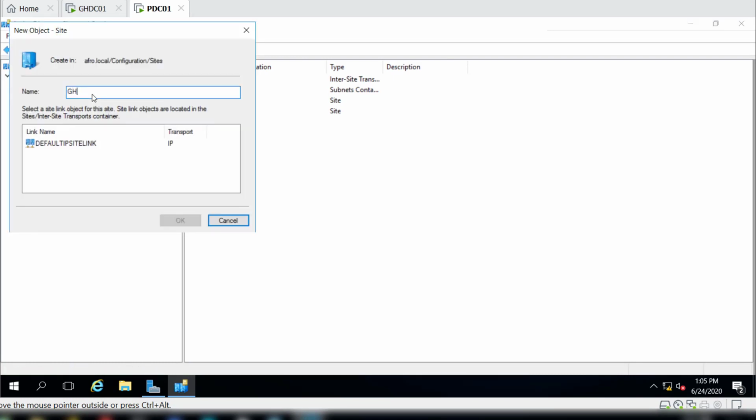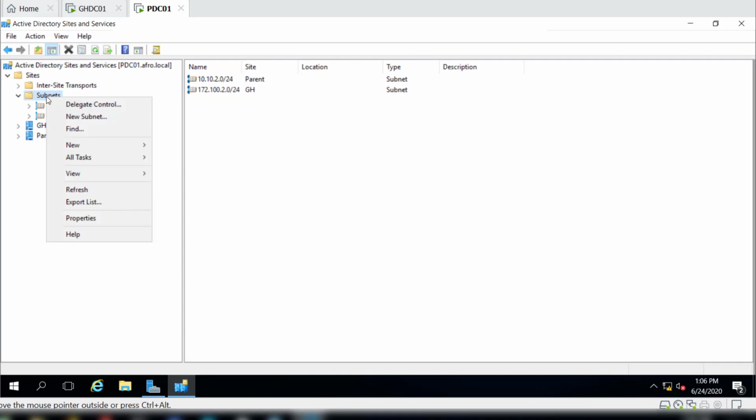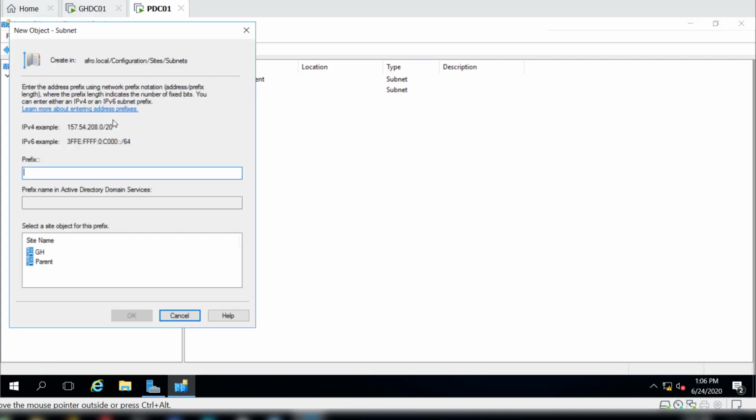Okay, in this case it can be GH, and then click on default IP site link and click OK, and that will add a new site for you, which is going to be this or whatever you want to add. And also I added subnets. Again, this was not done in a previous video, but you can choose to do that here. If you right click on that, you can actually add a new subnet,